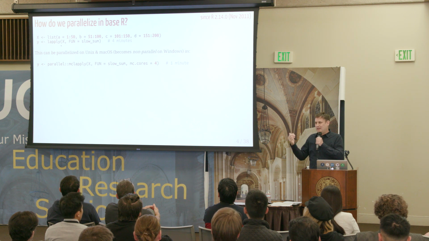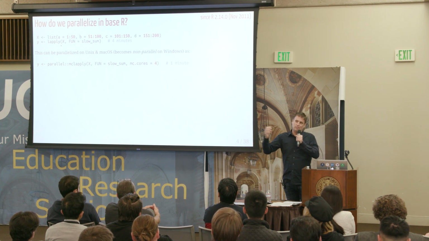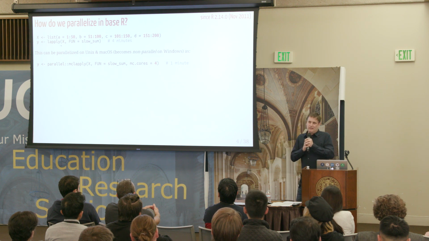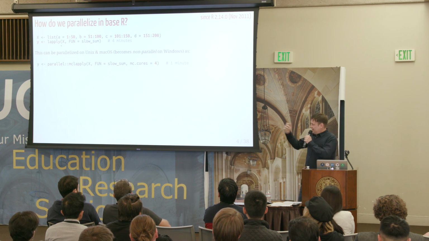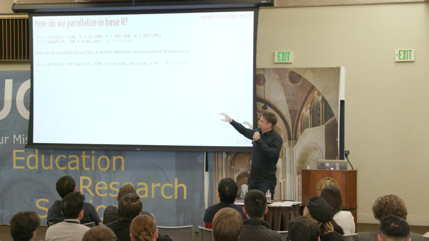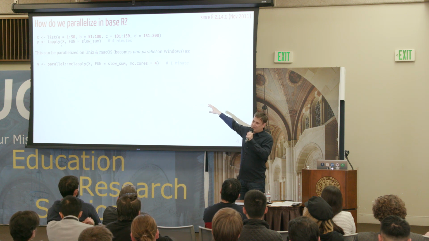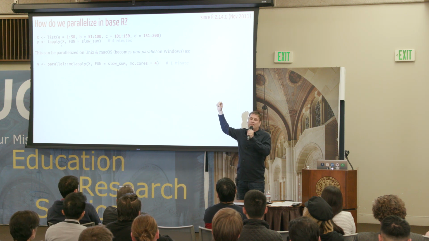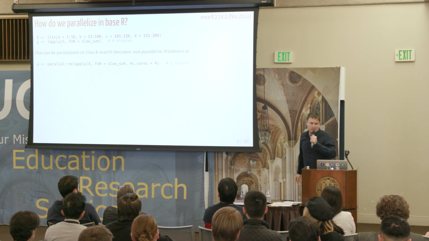and it will use the forking processes in operating systems. That's why it only works on Unix and Mac, but not Windows. On Windows this will fall back to a regular lapply. But this is how you, as a developer, replace your original lapply with mclapply, and you say I'm going to do this in 4 parallel workers at the same time, so 4 times faster.